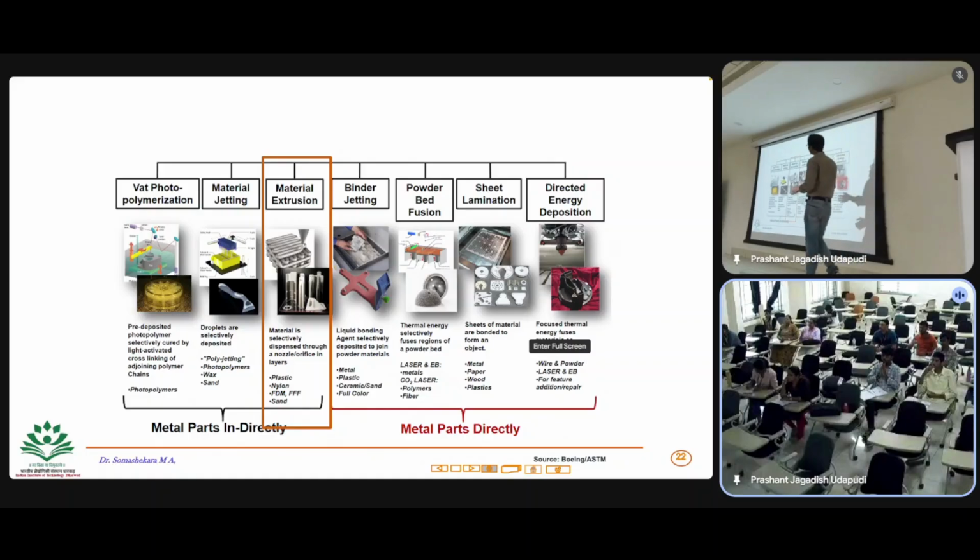And then you have another technology, which is material jetting, which is nothing but imagine you are spreading the resin through a nozzle, right? It is nothing but like an inkjet printer, right? You have multiple jets, and they push the material in the form of droplets, right? And then those droplets you are spreading on the bed, right? And then selectively you are